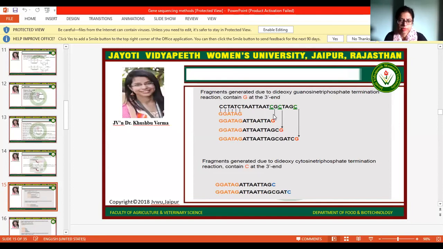Here termination can occur, here also termination can occur. So all three types of bands you will get. In the case of dideoxycytosine triphosphate, it will stop here, and you will get different size lengths of the DNA.